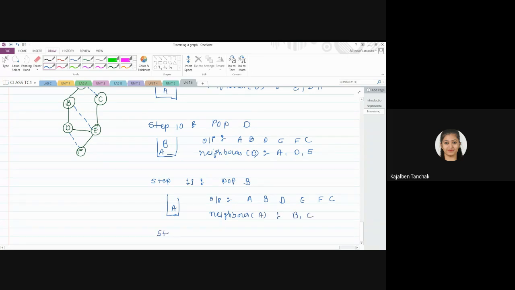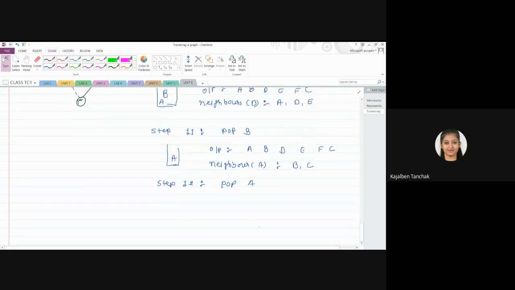So on step 12, you will pop A. Fine. Then this will be your empty stack. Once your stack is empty, you have to stop the execution of the algorithm. You got your answer like A, B, D, E, F, and C. This is your final answer.